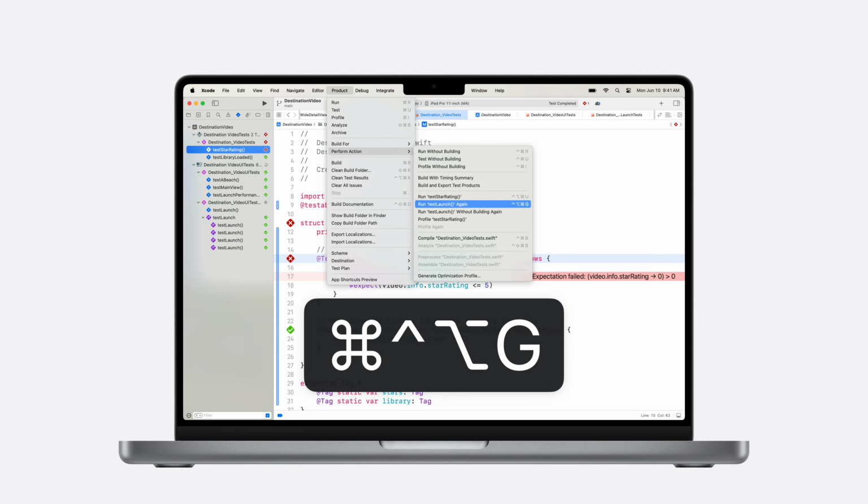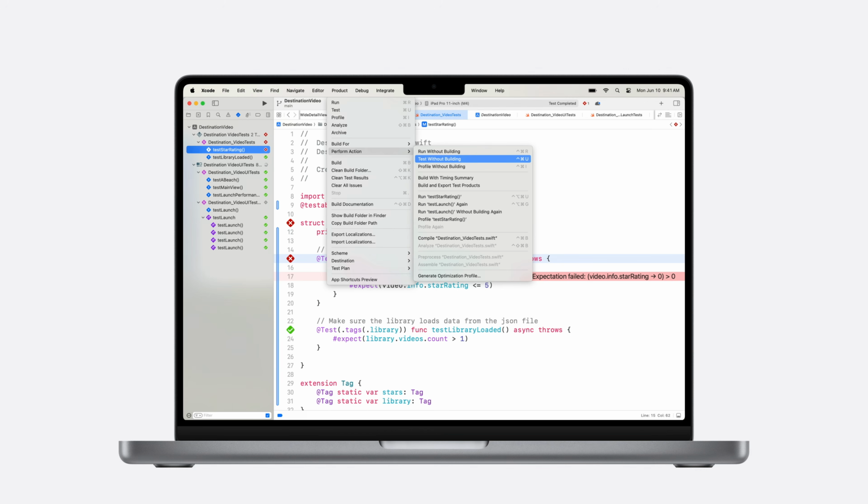I might have left the original test method a while ago and be several searches or debugging steps deep into the core of my application. Instead of going back to find that test diamond to rerun the test, you can always run the previous test again with Command-Control-Option-G. And just like with running, I'm often restarting the debugging sessions without changing the code just to get a second perspective on the problem. You can use Test Without Building or Command-Control-U.